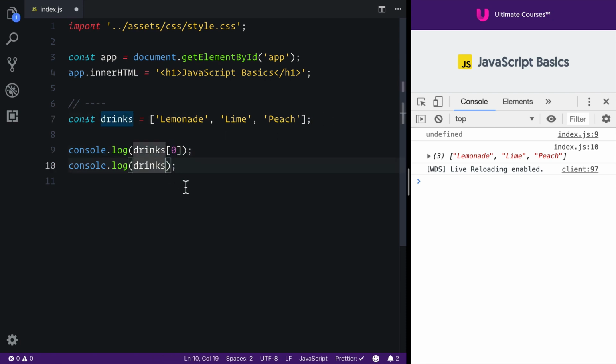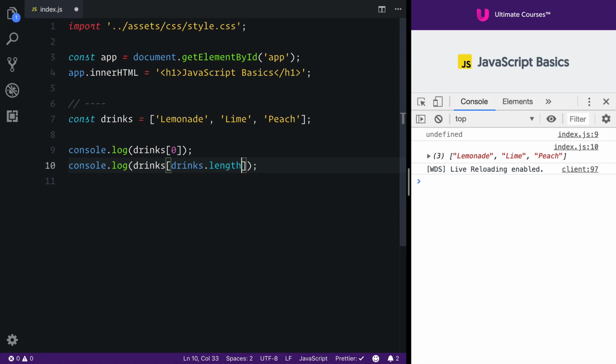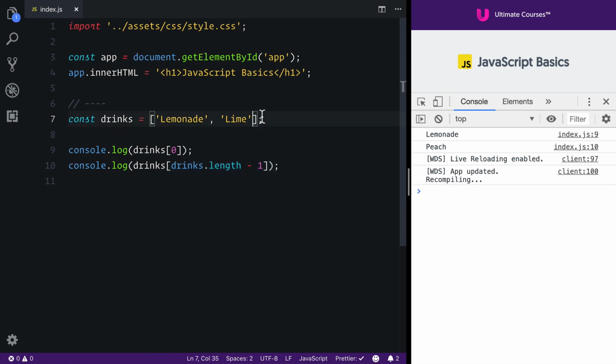So back to where we were, what we want to do is use our drinks.length to essentially pass in the number 3 to our lookup. But as we've just learned, we need to minus 1 because there are 0, 1, and 2 items in the array. So we'll save this out, and you can see that we have successfully asked for the last item in the array. And we could go ahead and remove this one, save it out, and we'll always get that last